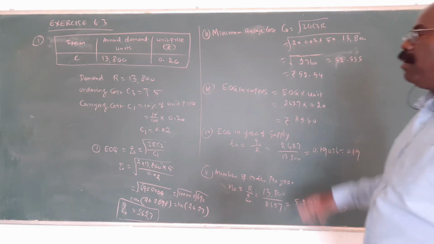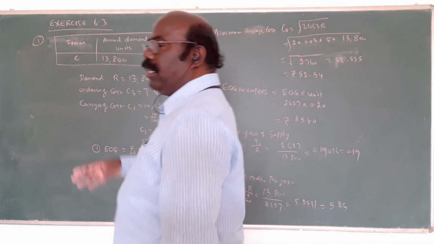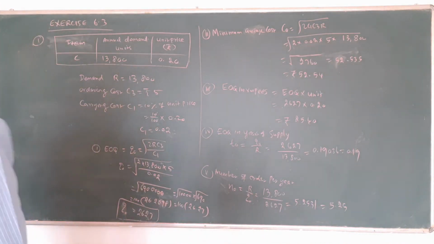Anyway, this is no problem. By using the calculator, that's why the values are easy. Otherwise, a long calculation will come. Write the formula clearly, substitute all the values, then multiply, divide, you get the answer. Sometimes there is a square root also. That is the answer. Anyway, first question, item A, item B, item C. These subjects are there. All are asking the same thing, but the data are somewhat different. That's all.